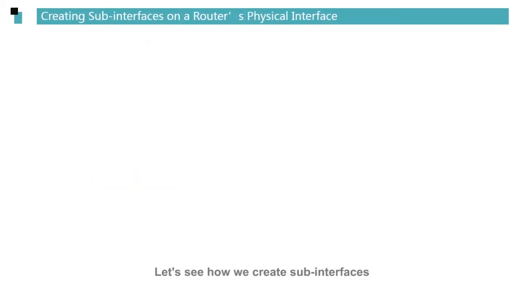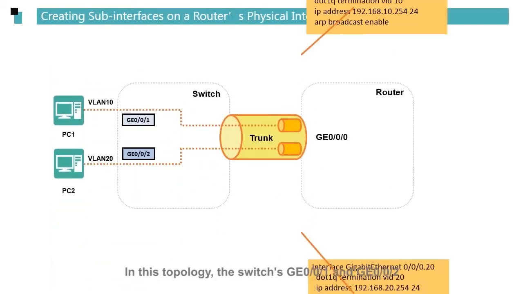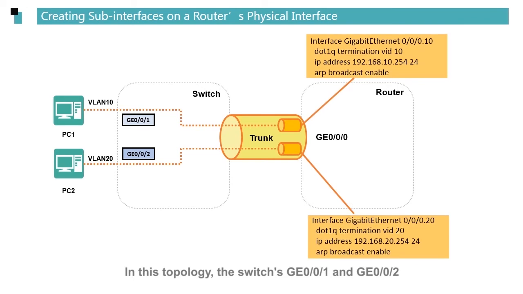Let's see how we create sub-interfaces. In this topology, the switch's GE0/0/1 and GE0/0/2 connect to PC1 and PC2 respectively. They are both access interfaces. GE0/0/1 belongs to VLAN 10 and GE0/0/2 belongs to VLAN 20. The switch uses a trunk interface to connect to the router. The router's GE0/0/0 is enabled. Now we have to create two sub-interfaces,